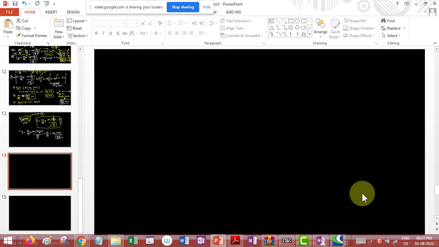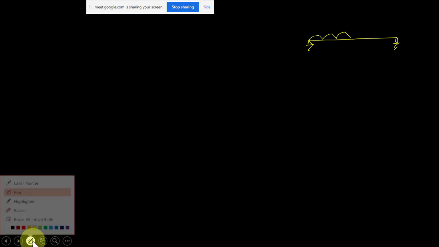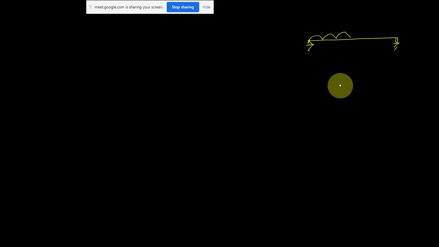In Macaulay's method, we are going to do the same procedure only. For example, we'll take the same loading like this. Suppose this is your question, and we have UDL only for some length. After that, I don't have the UDL. To solve it, to use this moment curvature relation, Mx by EI, my loading should be continuous.